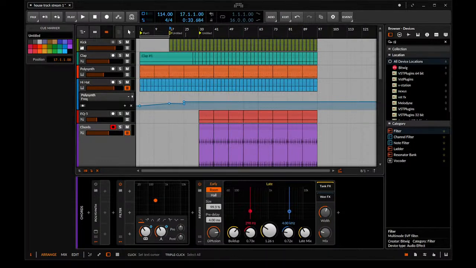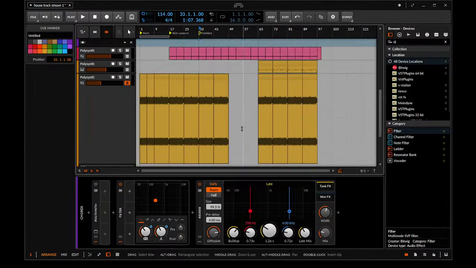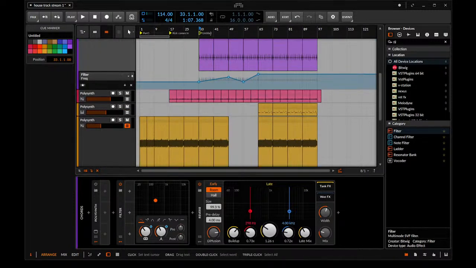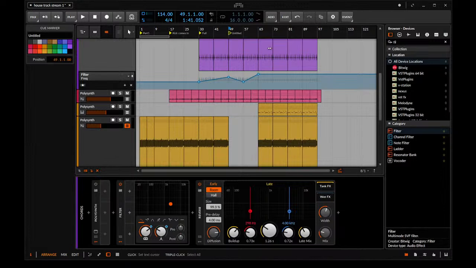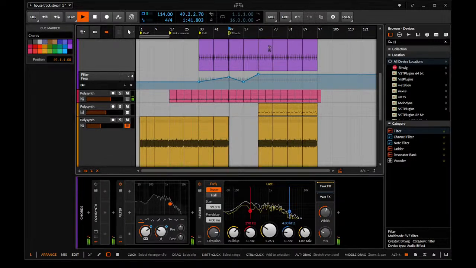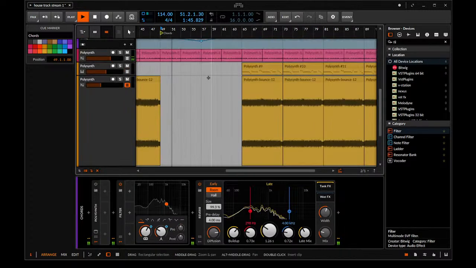Then kick comes in, then let's call it the full section, then chords, and then here